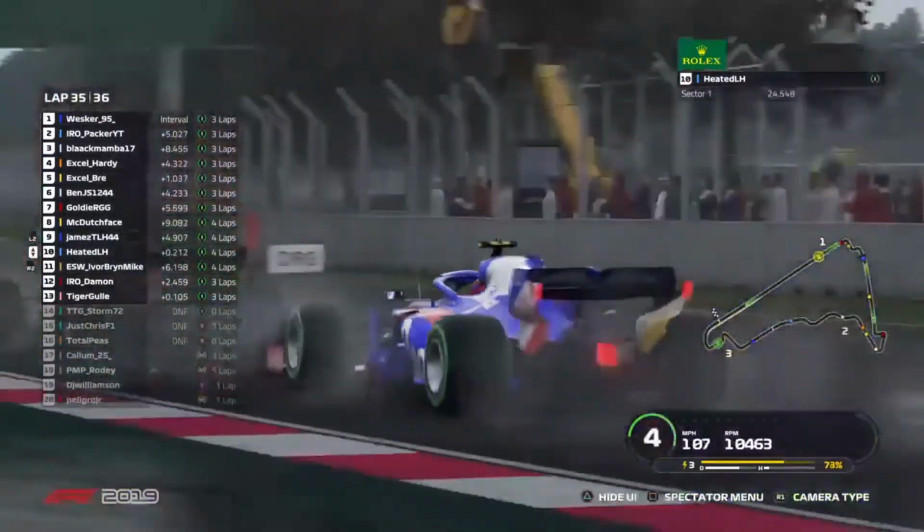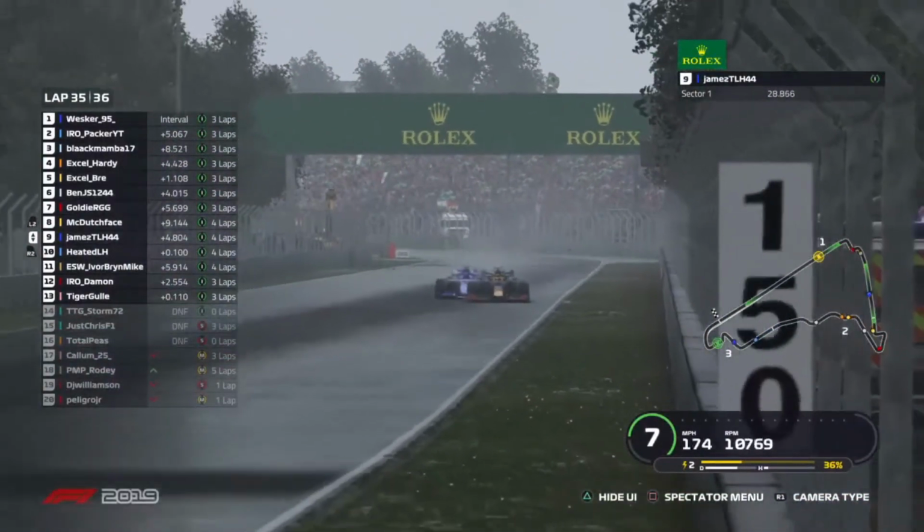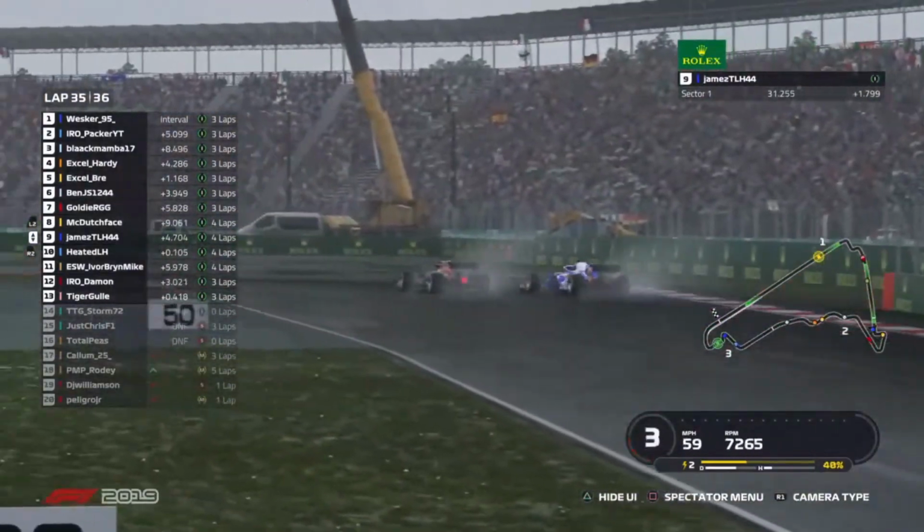James has pulled off some brilliant moves in this race. He's been incredibly fast. I think a P9 really doesn't show for James's race so far. He's had a great race. It's a shame he's so far down. Same for Chris, by the way. Yeah, of course. He had a great race and then...